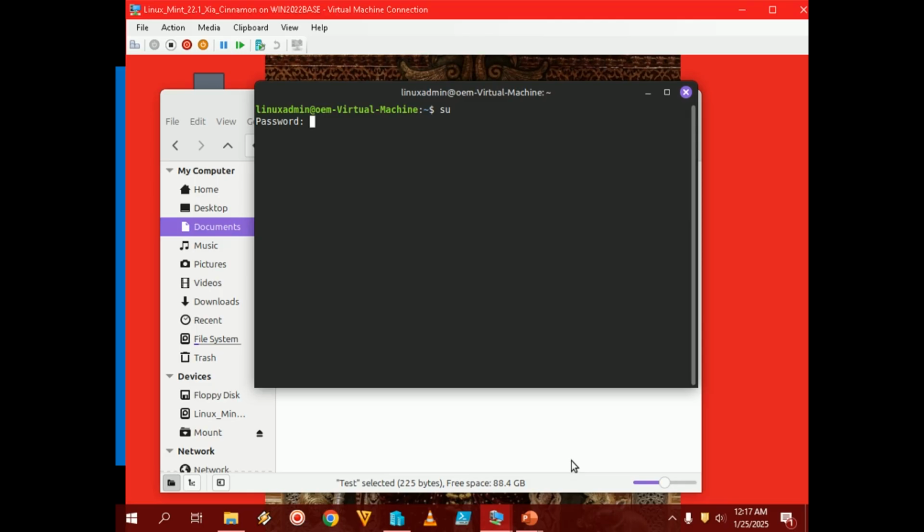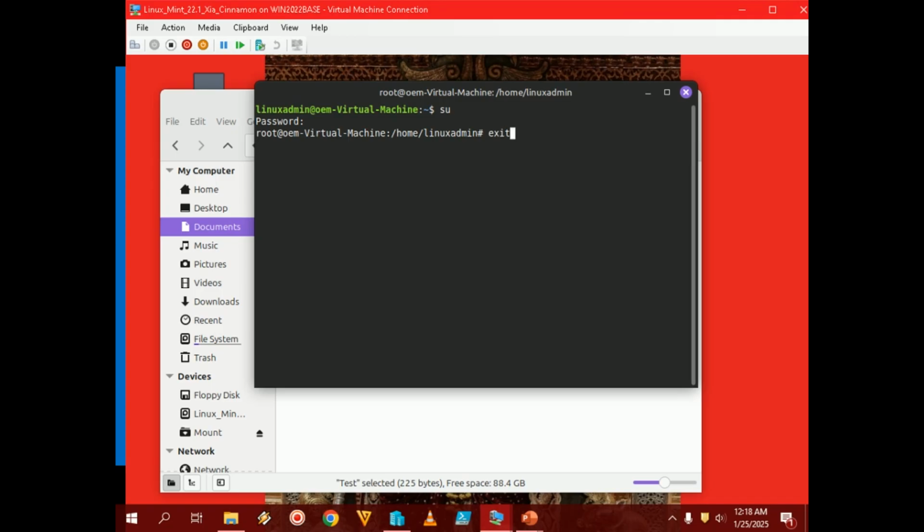Because it is assuming that I am logging in as root, it is asking me for the password of root. So I am putting the password over here, and now you can see I have logged in as root. So by default, if after the su command I'm not entering anything and I put the password of root, it will automatically log in as root. But